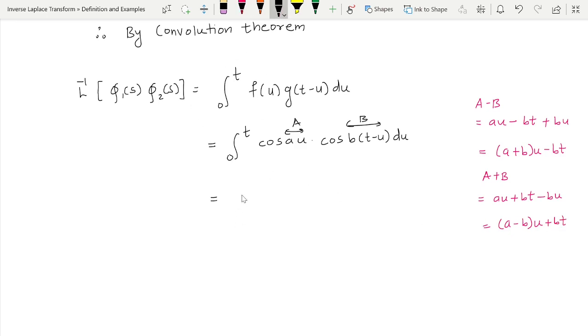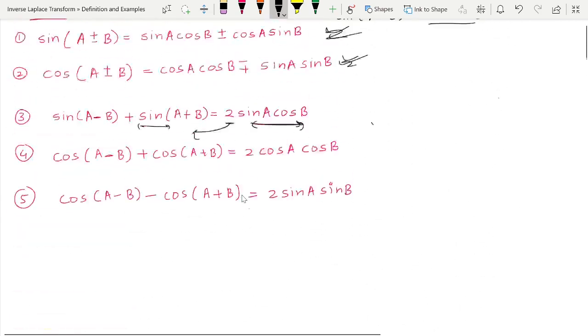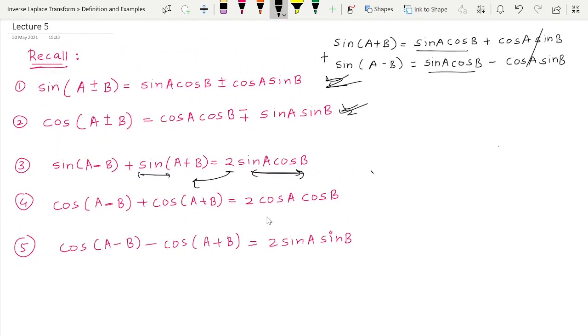This is equal to, now let us see the formula of cos A multiplied by cos B. So if we go a little bit back, in the last class we have already discussed the formula of 2 cos A cos B, but we simply need the formula of cos A cos B. So I have to shift this 2 to the left hand side.